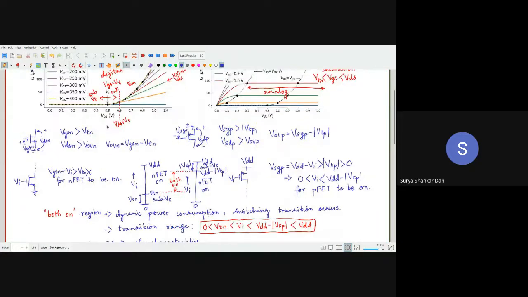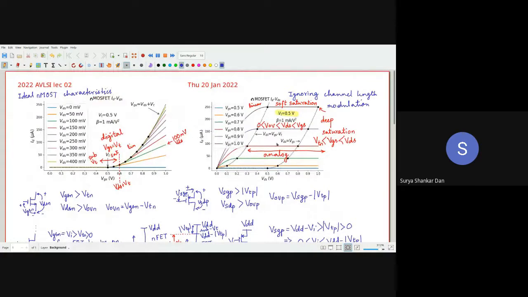Okay. So if I tell you that this is the N MOSFET, अगर हमें P MOSFET का characteristics चाहिए, if you want to have a P MOSFET characteristics over here, what are you going to change? Simply, I'll replace this by IS. I'll replace this by VSG. I will replace this by VSD. I will replace this by IS. Okay. So all these terminals will change.